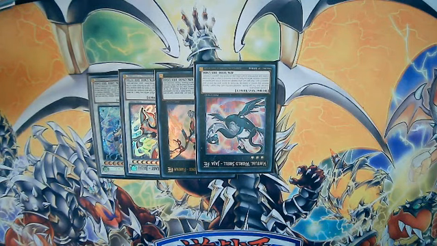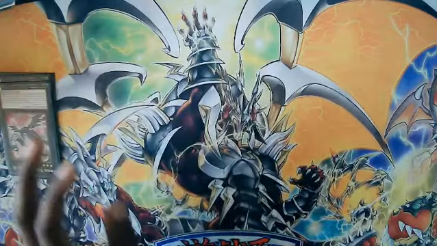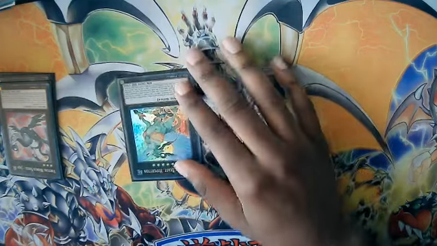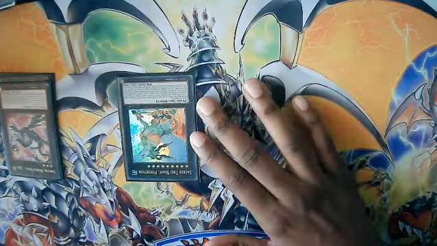I'm not 100% sure yet. All right, next for everything else. For our other Xyz, we have Sacred Tree Beast Hyperion. I do end up bringing him out more late game than early,